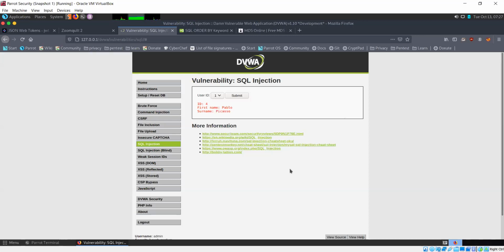What can I do to try and inject my SQL injection queries in this now? What can I try? No guesses so far on this.